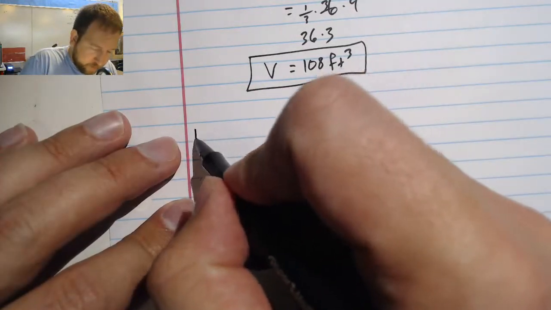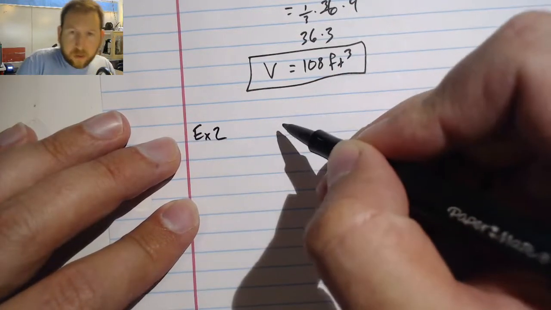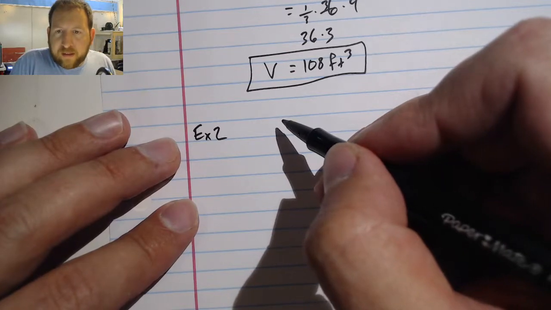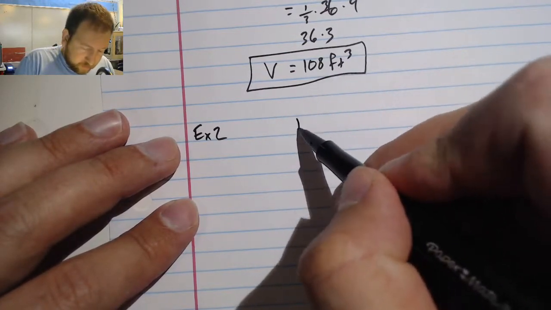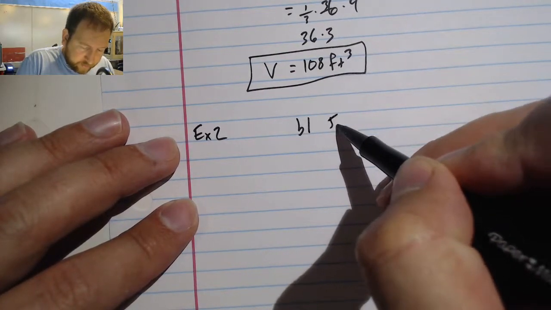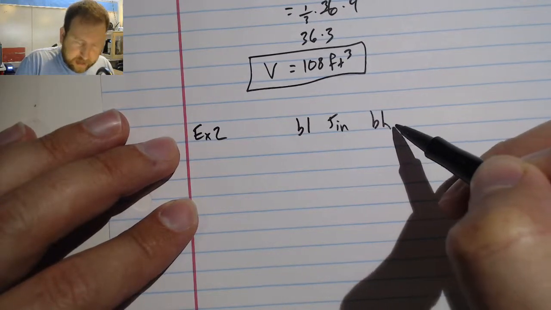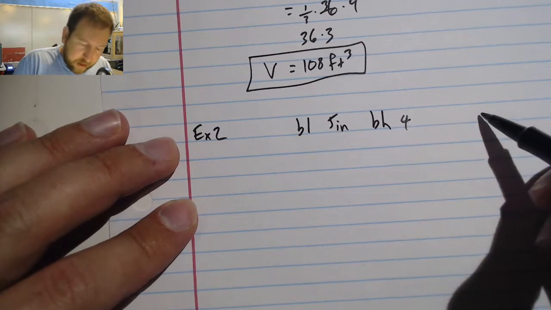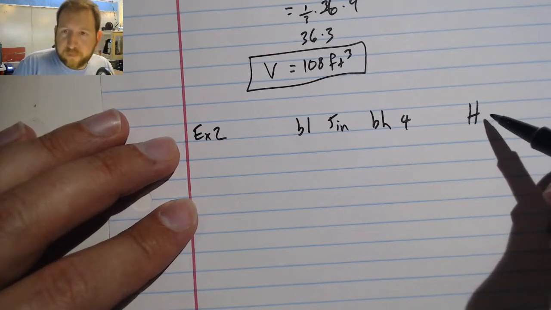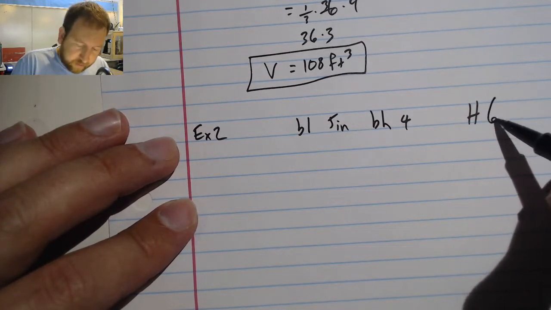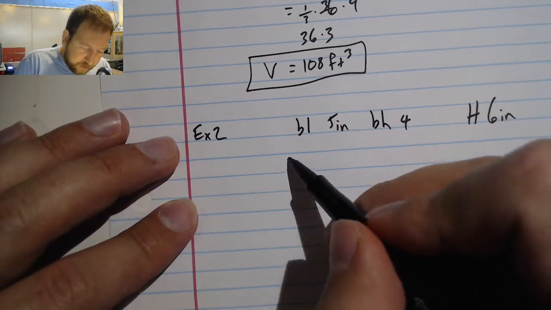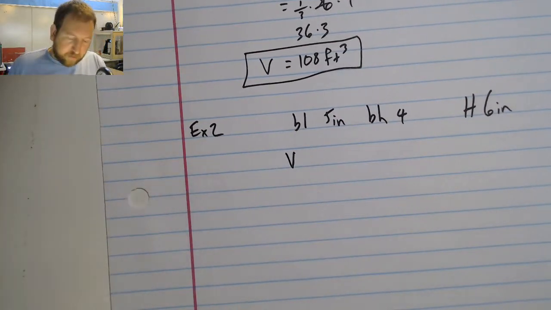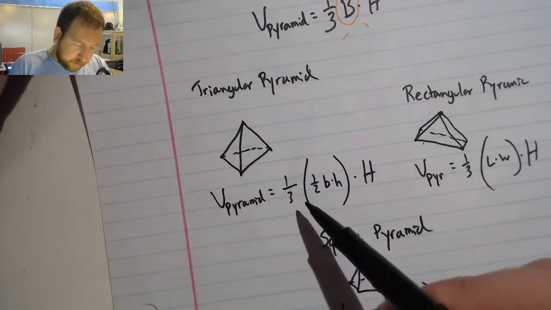I'll do number 9. Base length of 5 inch. Base height of 4 inch. And a pyramid height of 6 inch. Okay, in this case, my volume is going to be, looking back at my triangular pyramid, 1/3